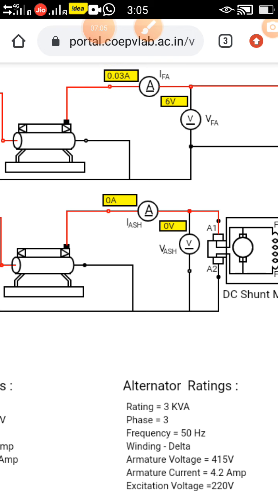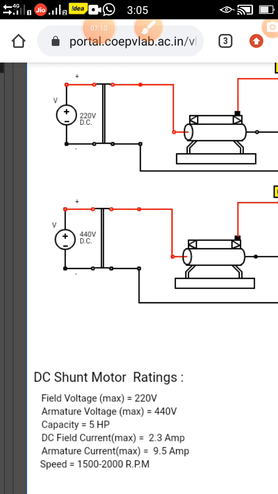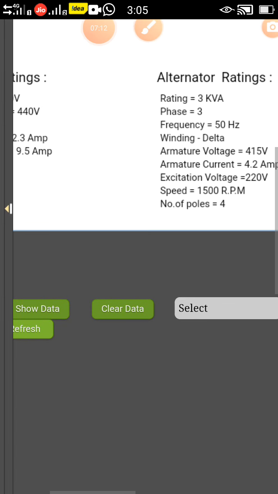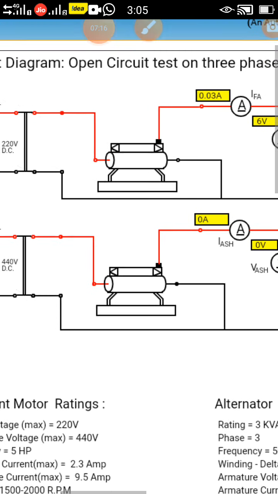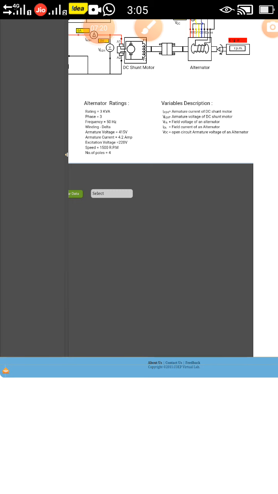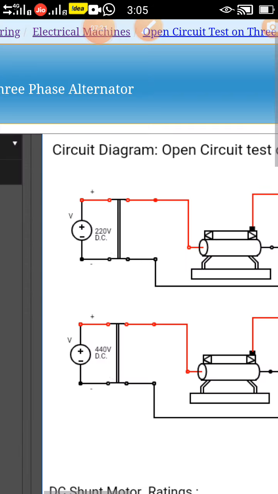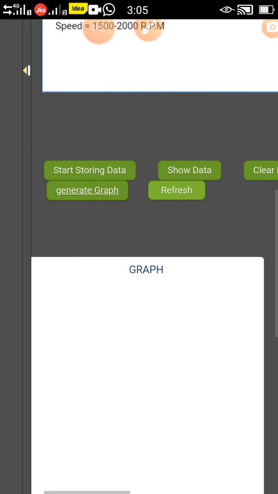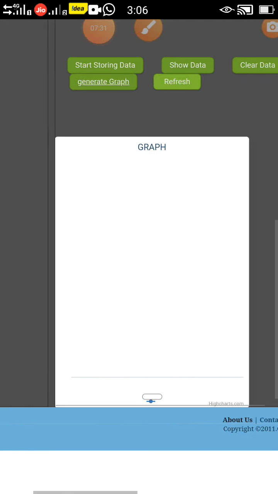While we are starting this experiment, all the data is recorded here. This procedure is available with us, so we can start storing the data. After clicking on that particular link, the data will be stored. If you want to generate a graph, click on that particular link. It will generate a graph which shows the readings of the particular experiment.